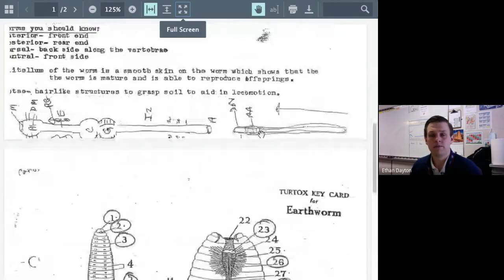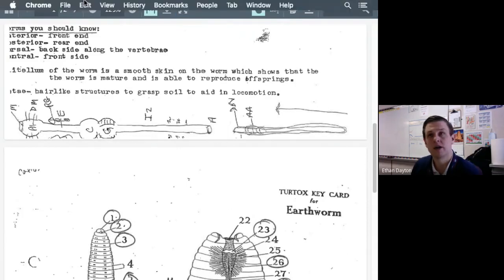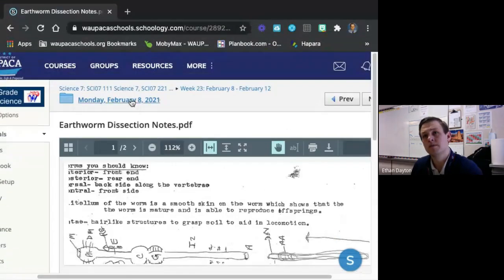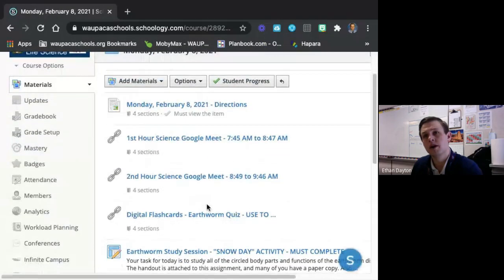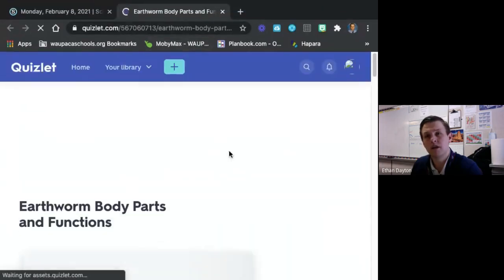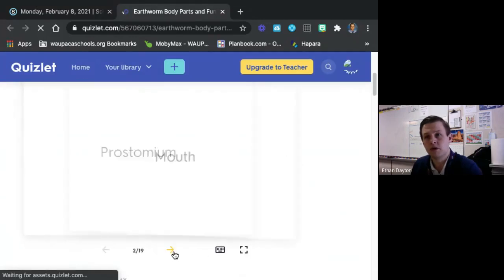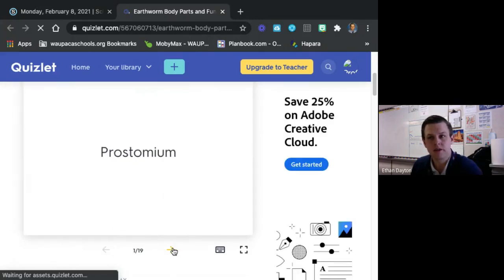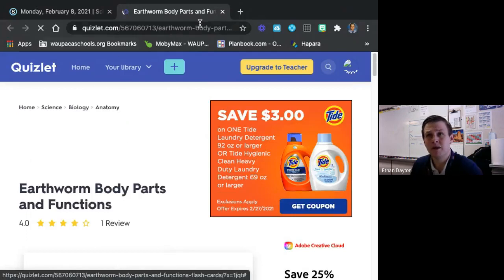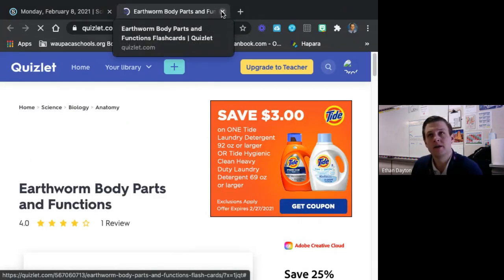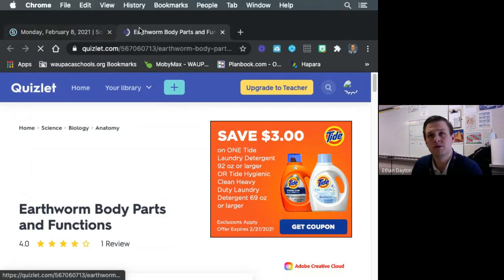Now, there are flashcards online. You can make your own flashcards. I will show you again where the flashcards are, everybody. Right here on the front page, it says digital flashcards. Now, you can create your own account if you'd like, and you get to see all of them. This one, if you don't create an account, gives you a couple. Or you could use the couple that you're given. I think it gives you 9. And then make the rest of them on your own. Okay? That's what you can use to study.